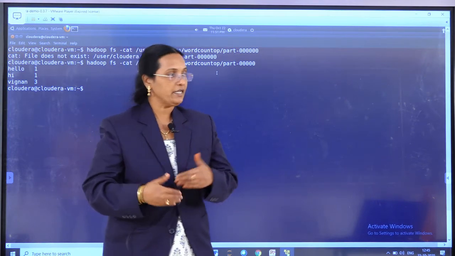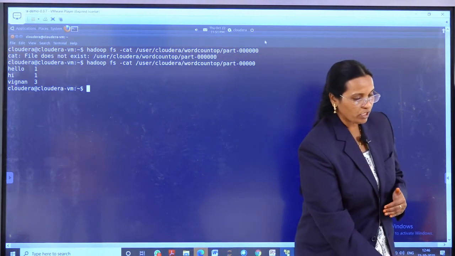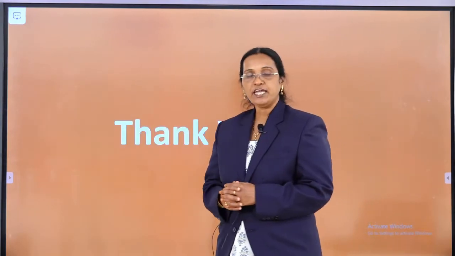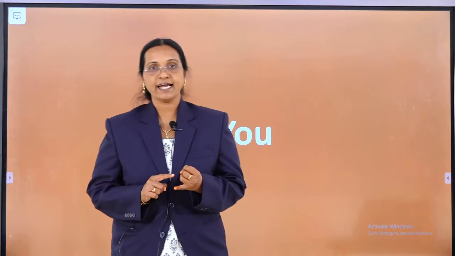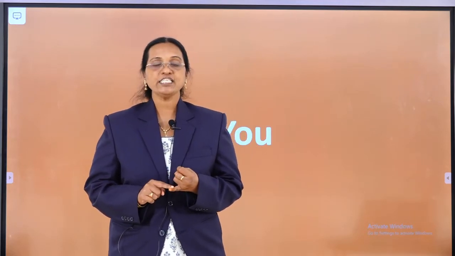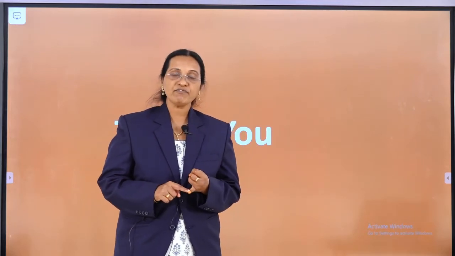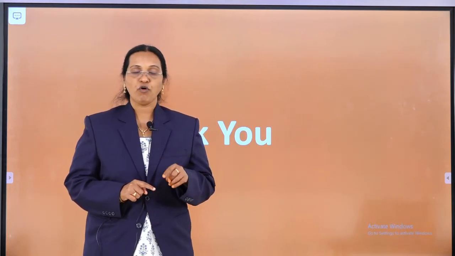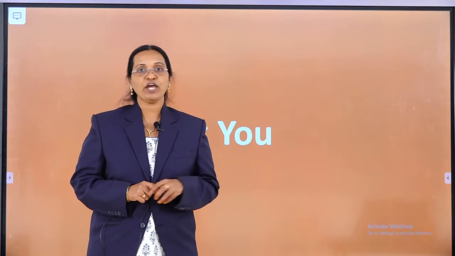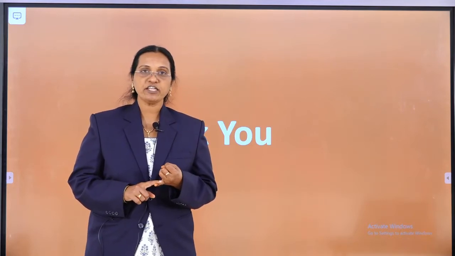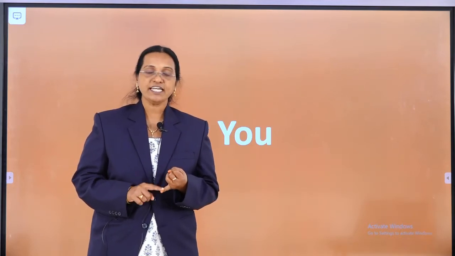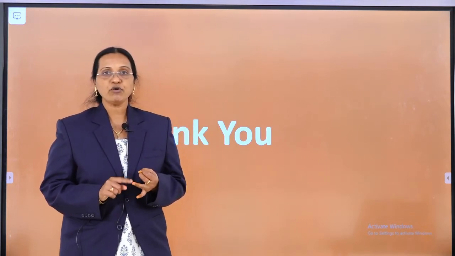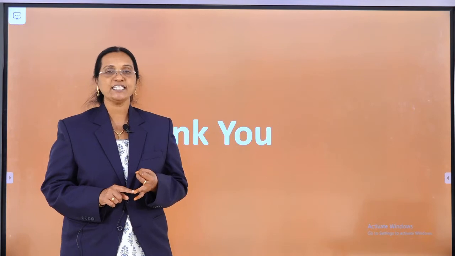Let me repeat how to execute the word count program at a glance. First of all, we have to set the class path. To set the class path, we have to copy the jar file which is in the lib folder of the Hadoop folder and keep it in your current location. After that you have to set the path. After setting the paths, execute the Java program. Since you execute the Java program, you are going to get 3 class files.